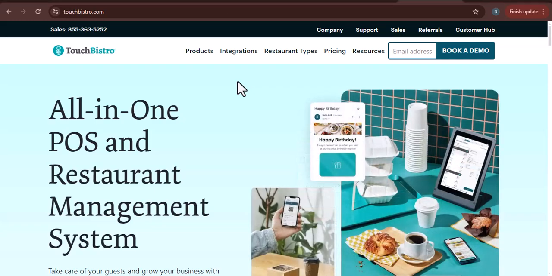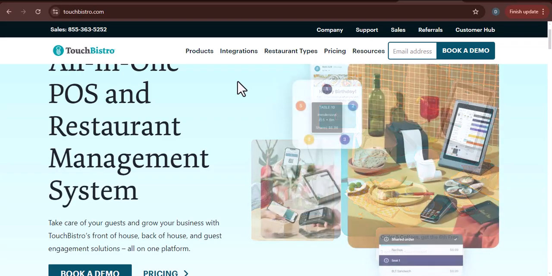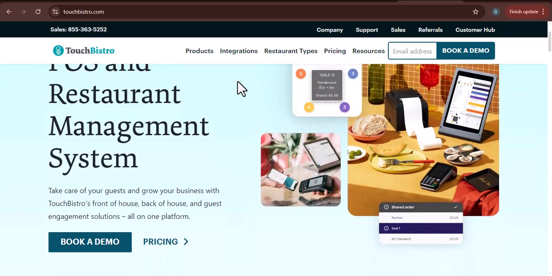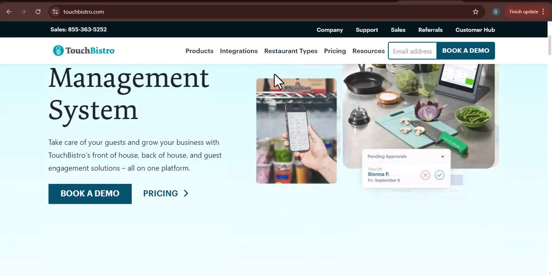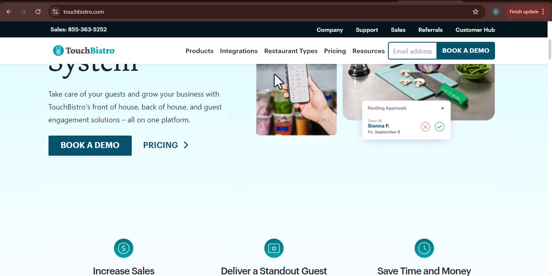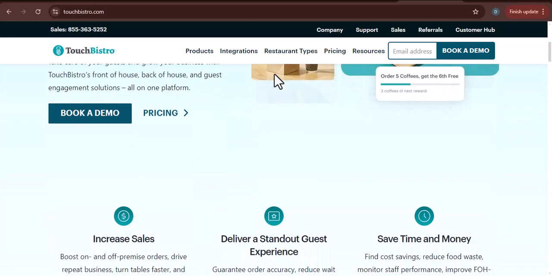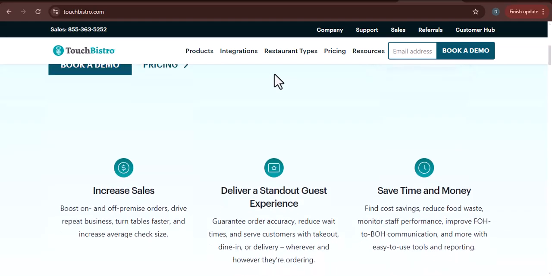Imagine this, you're sitting at a bustling restaurant with a group of friends, enjoying a delicious meal. The bill arrives, and everyone starts fumbling for their wallets. Have you ever wondered how to split the bill efficiently and accurately, especially when using a POS system like TouchBistro? Well, today we're going to dive into that very question and learn how to make splitting bills on TouchBistro a